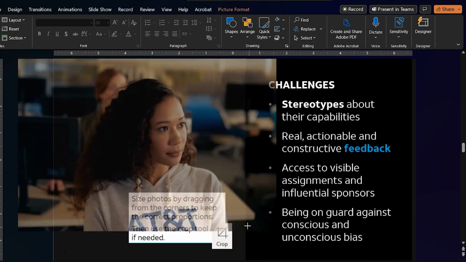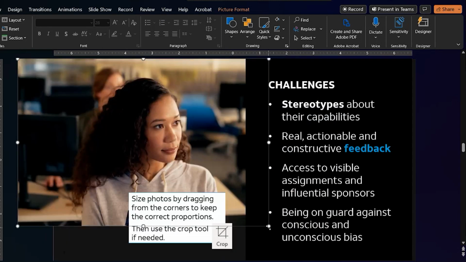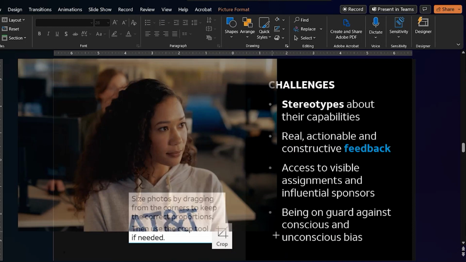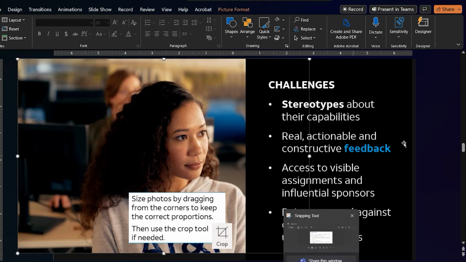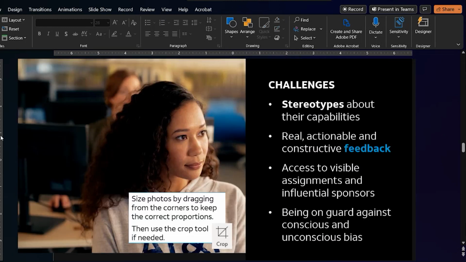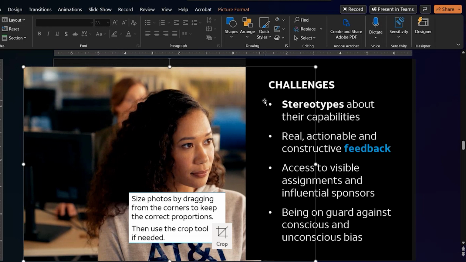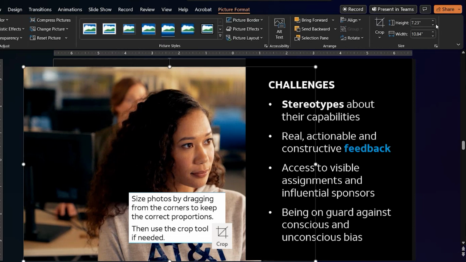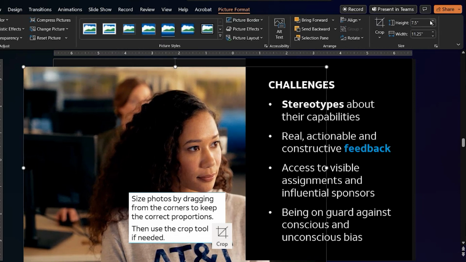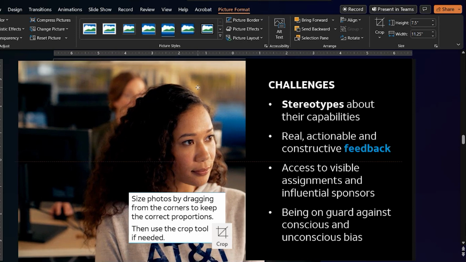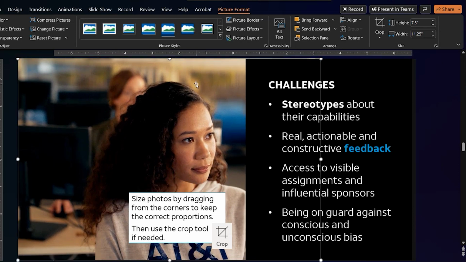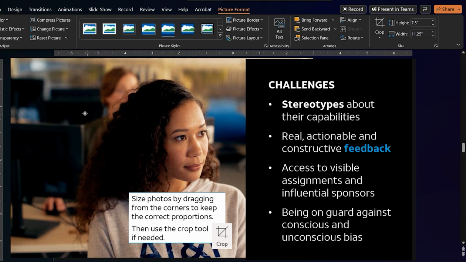and I'm dragging it, making sure I'm dragging from the corner. Another way you can do it is hold down your shift key and drag it, but that keeps it from getting out of proportion. And so I'm going to drag it all the way down. Or another thing you can do is use the picture format and resize it up here with these buttons, which is neat to fine tune it, because I know a slide is 7.5 inches tall. So then I know for sure it's going all the way to the edge of the slide, but it's a little bit